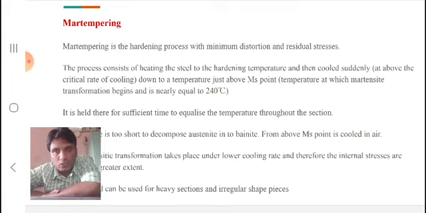If we directly quench it into water, which is at room temperature or below 10 degrees centigrade, the structure we get is martensite. And because of this martensite, a lot of retained austenite remains, and because of this sudden cooling, thermal stresses called residual stresses develop, and because of residual stresses, dimensional distortions may also take place.